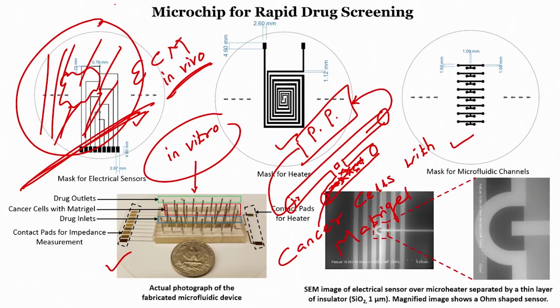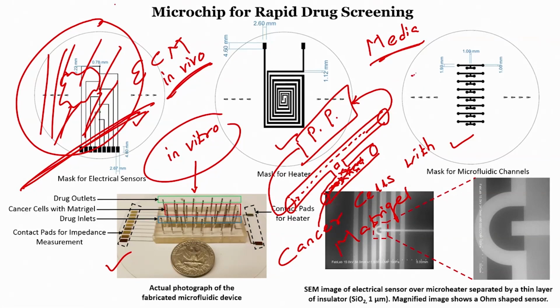Of course, we cannot just flow the drug, right. What do we mean by flowing the drug? When we take the drug, it will mix with the blood and flow with the blood, right. So, the role of the blood here, we are replacing with media as a blood, and we are adding drug to the media, right. So, when I just flow media in this particular channel, the media will diffuse into the matrigel with cancer cells,